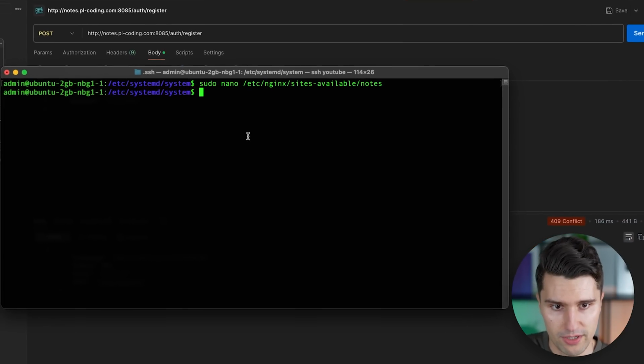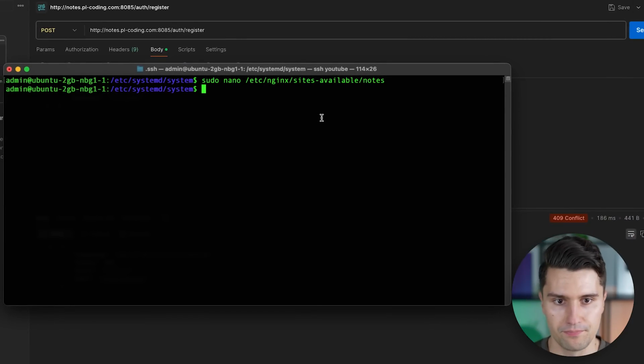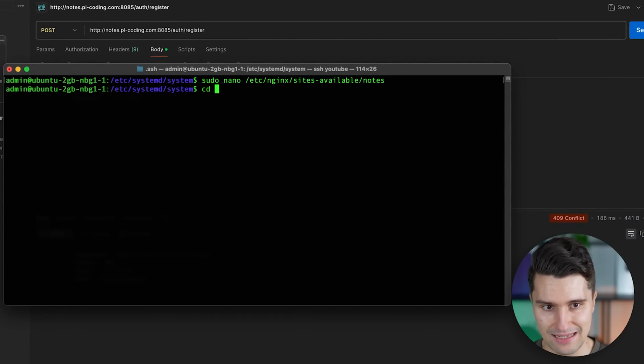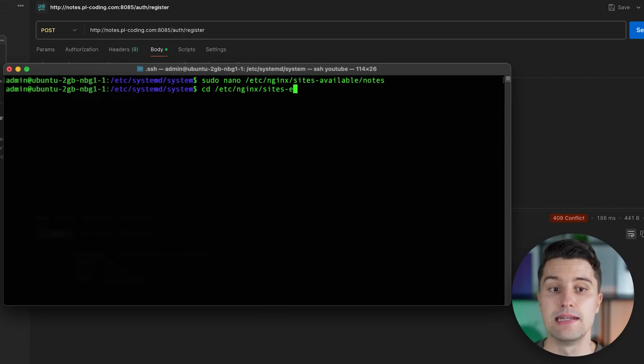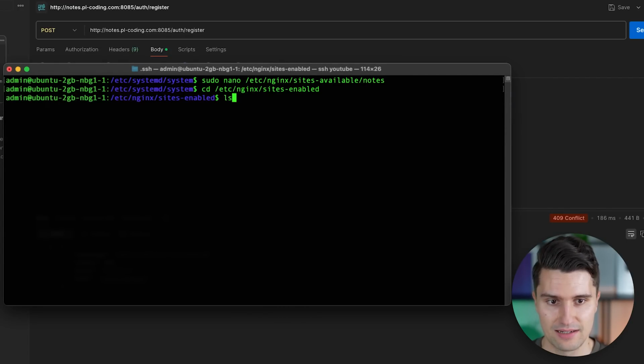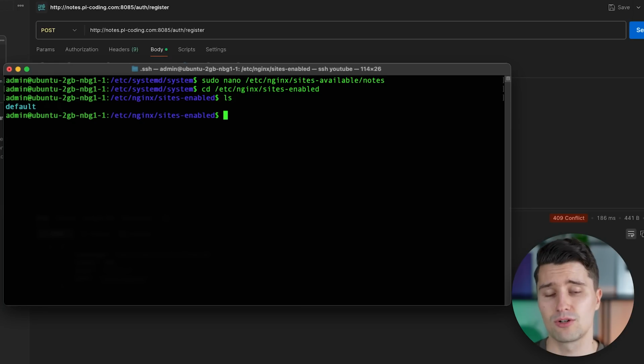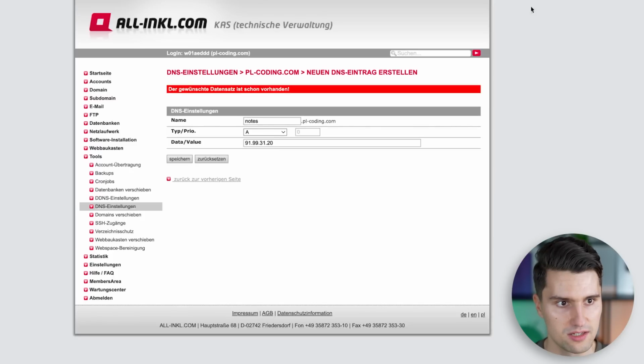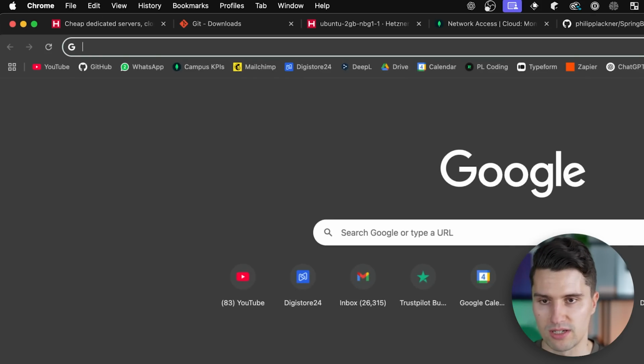Let's go back to our terminal here on our remote machine. And we now want to cd into /etc/nginx/sites-enabled. Cd into that, type ls to see what is already there because Nginx already sets up a default site when accessing the server here. You'll also see this if we go to our browser and we type something like